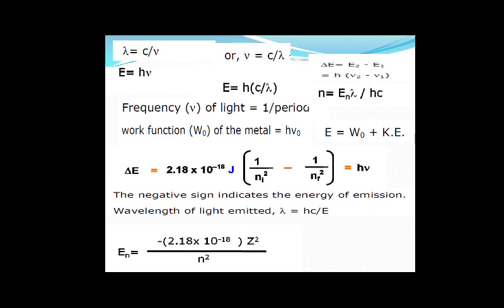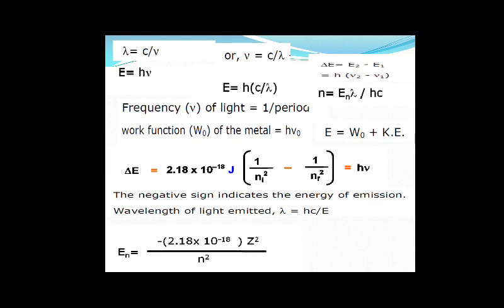And delta E is equal to E2 minus E1. Change in energy is equal to E2 minus E1. On putting the value of E2 and E1, that is h nu, the formula will become h into nu2 minus nu1. And we also know frequency of light is equal to 1 upon period, or 1 upon time. Next formula here is related to work function; it is not in our syllabus, so I will go to the next formula.